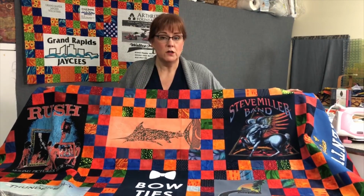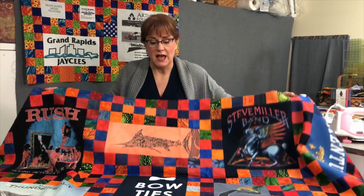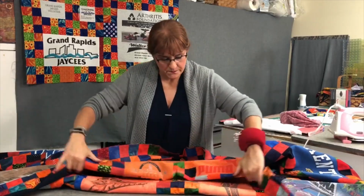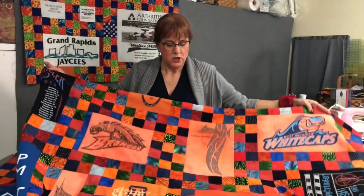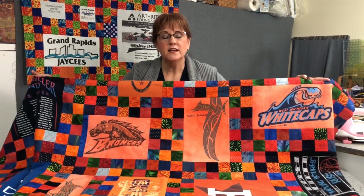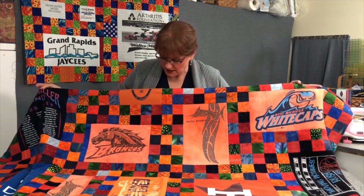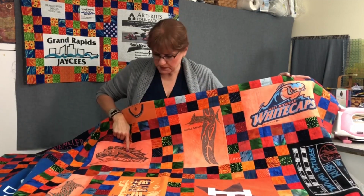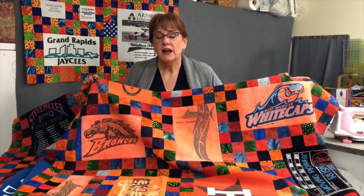Now, one thing you won't notice with this quilt, and I'll show you the bottom of it here in a second, is any white blocks. So as we see to the bottom here, I chose to not include the white t-shirts, but instead to dye the white t-shirts. I just didn't want to do that look. It's perfectly fine. If you like the idea of the white squares, do just the white. But these squares here, this one, this Bronco, the white caps, those did come from white t-shirts, but I dyed